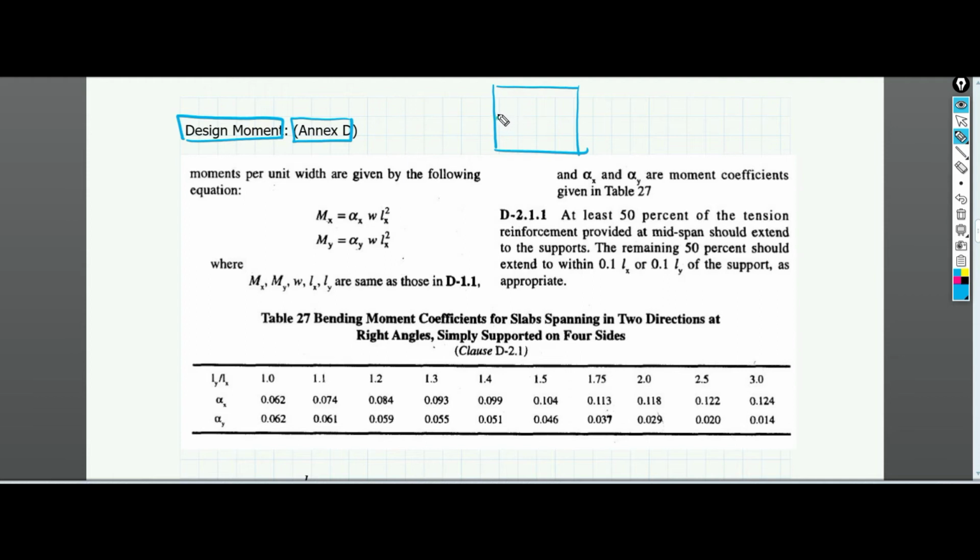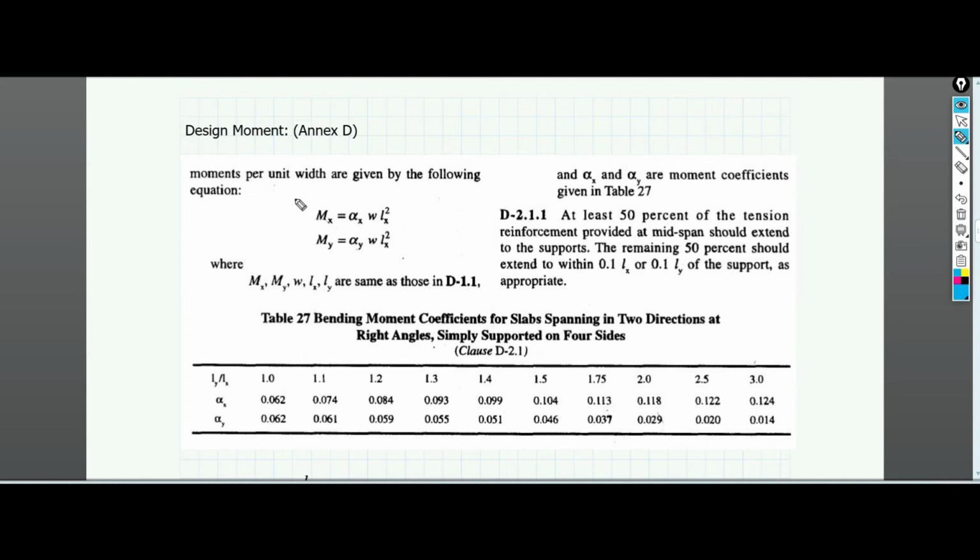As the moment from the x direction and the moment from the y direction both can affect the moment calculation, we have a special annexure for calculation of moment in case of a two-way slab, which is represented in Annex B of IS 456.